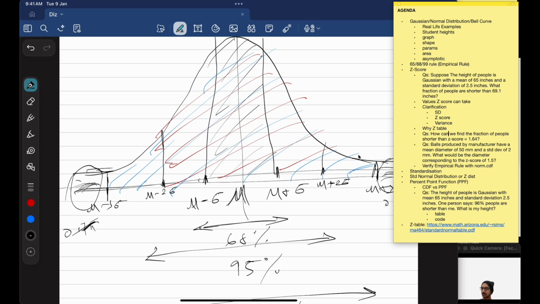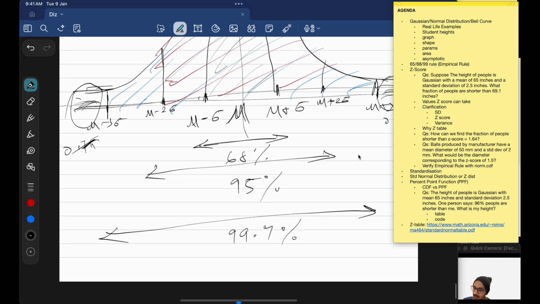I think that's all there is to it. I don't think there is anything else to say here. I guess we can solve a question. If I ask, what percent of data is within one standard deviation? Obviously 68%. Within 2 standard deviations, 95%. You can think of questions like that. But what if I ask what percent of data is